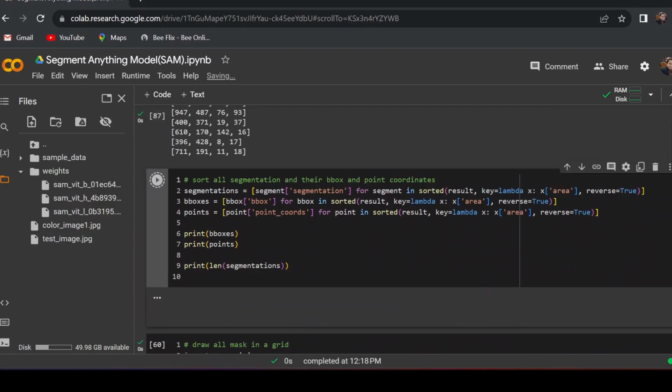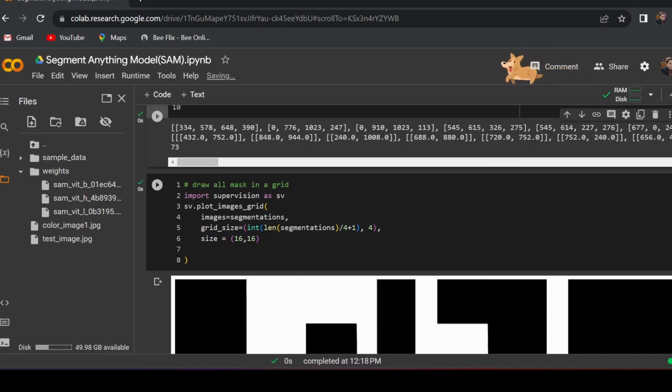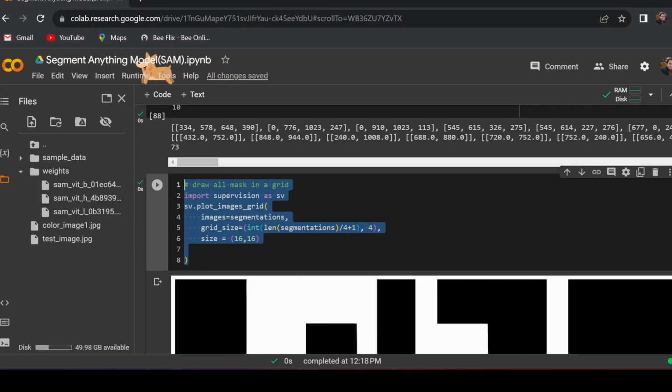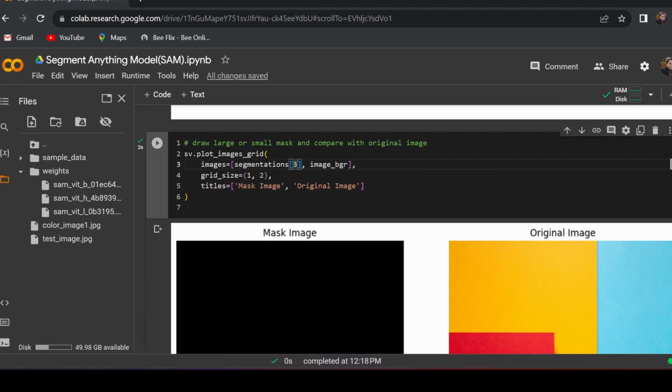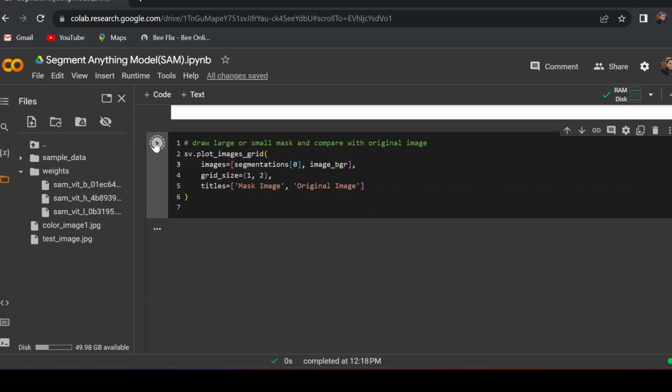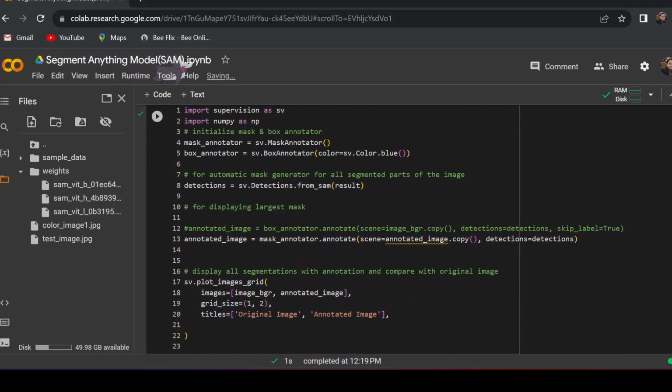and here you just need to sort all of this information based on the area, and we don't need to plot all of these masks. I have already shown you. So here we can just save the largest mask. Here you can see the car is the largest mask by the SAM model,